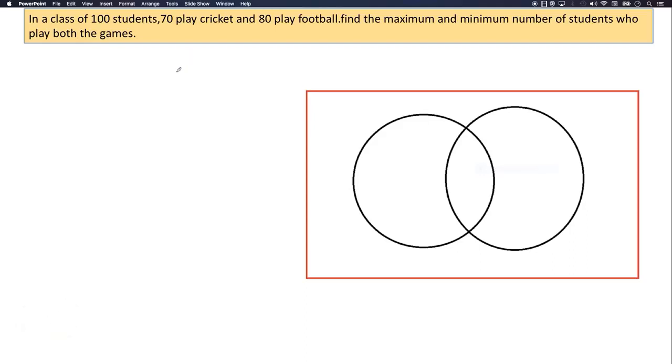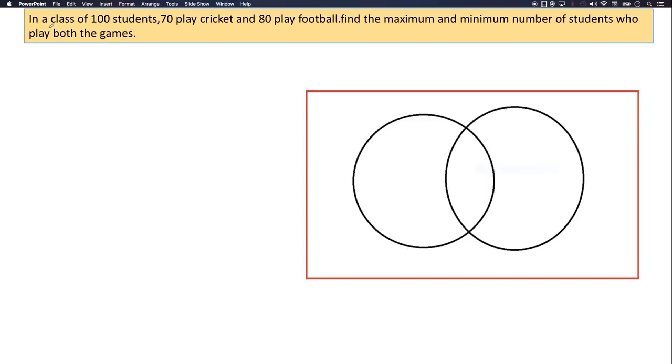Hello. Let's start with solving a simple question of maxima and minima. I expect that most of you would do this question, but the purpose is not just to solve, but to visualize the concept of minima and maxima.